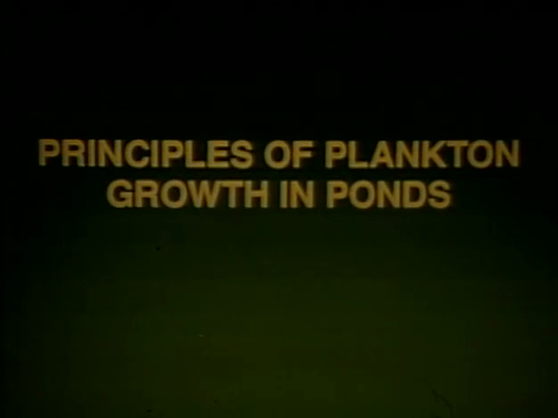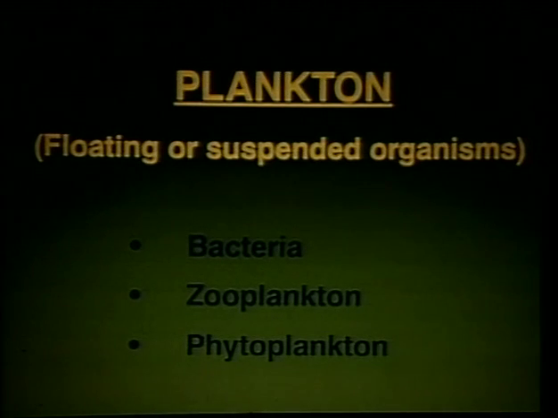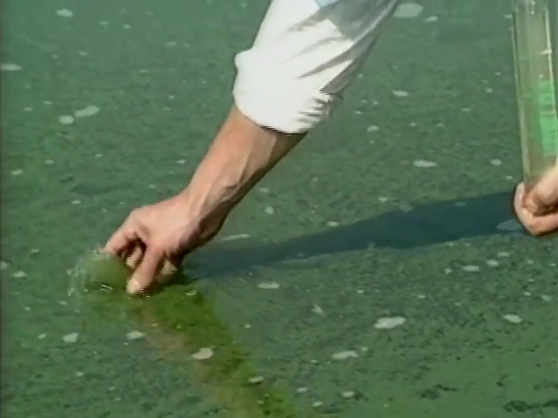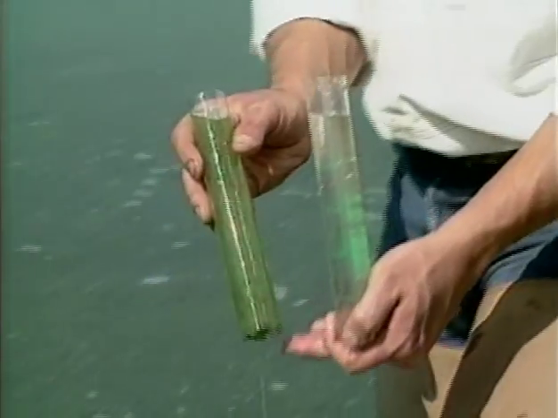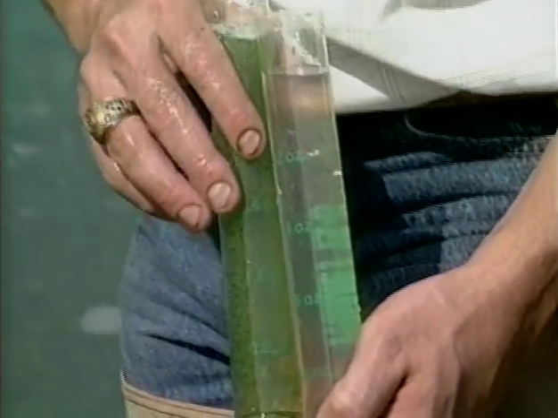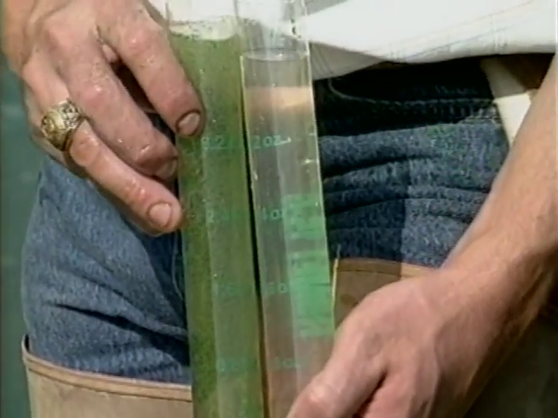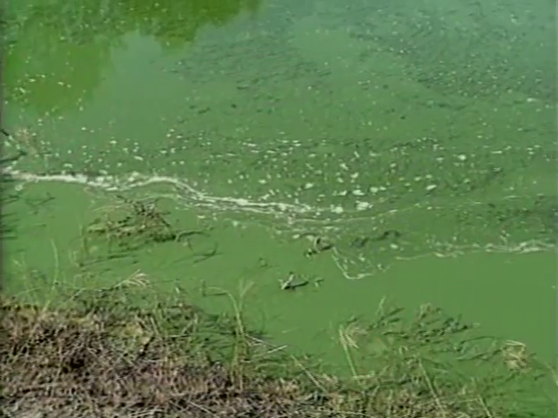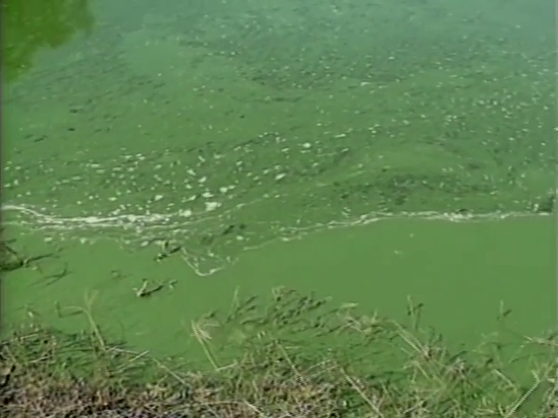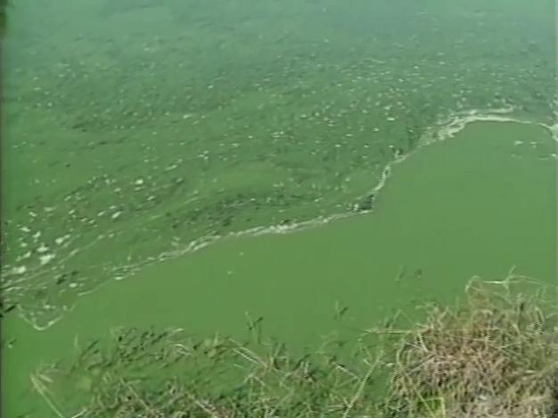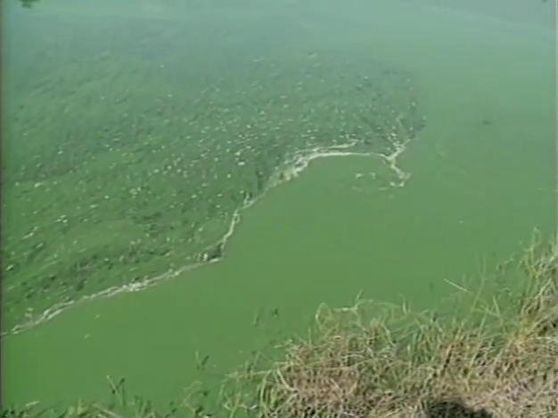Plankton is comprised of all microscopic organisms which are suspended in water, such as bacteria, small animals or zooplankton, and small plants, or phytoplankton. The green tint of this water is due to chlorophyll of thousands of phytoplanktonic organisms. Pond water which is colored such as this is said to have a bloom of phytoplankton or algae. Some types of phytoplankton grow in colonies which often form scums on the surface.